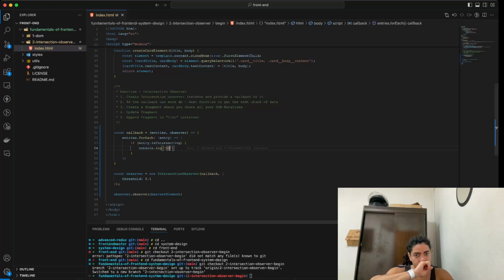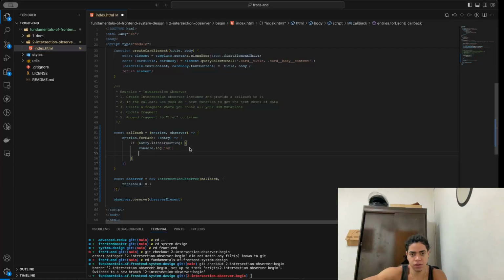So we need to convert this data to HTML elements. So we can create a new fragment to accumulate all the DOM mutations we're planning to do. So we create a new document fragment. And now we're going to loop over the data. So after you get the data, which is not relevant for this because it's very specific to the